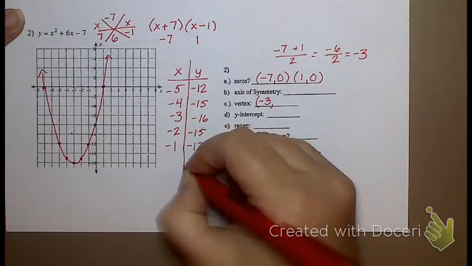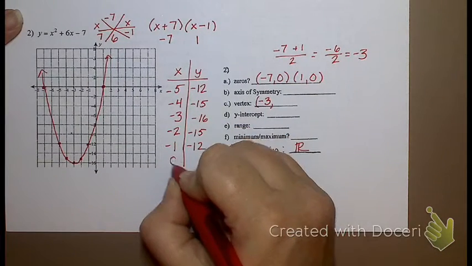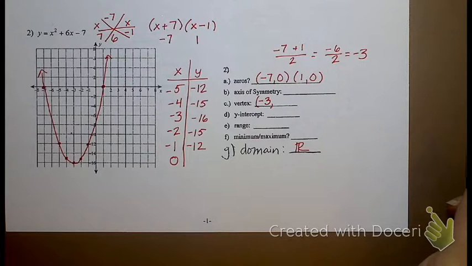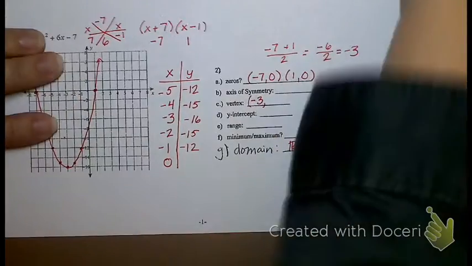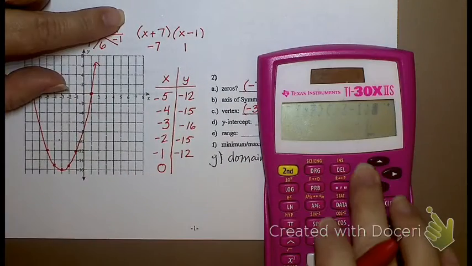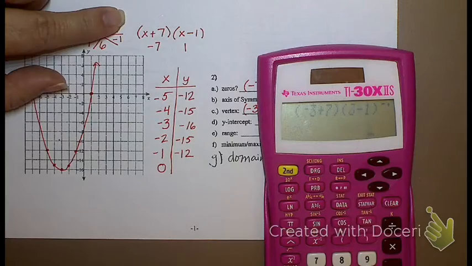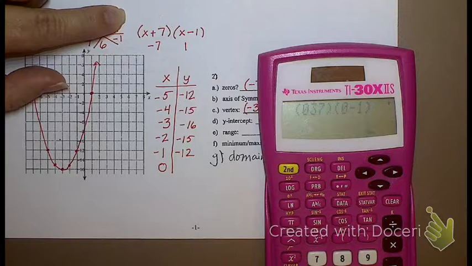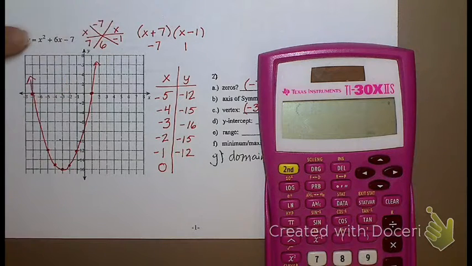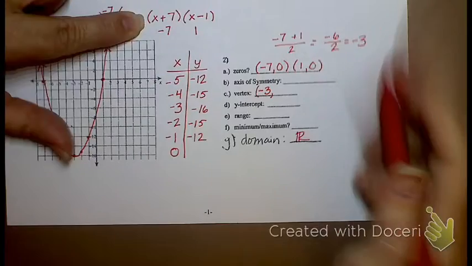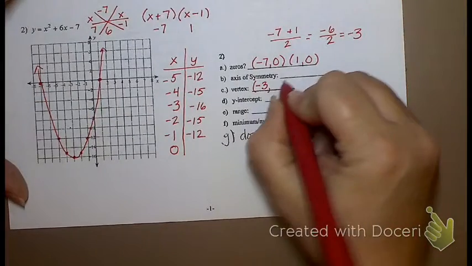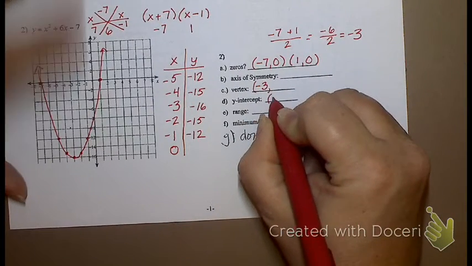On your XY chart, your Y-intercept happens when x is 0. Right? Because it's 0 left to right, and then it's some up or down. So let's just plug in 0 really quick, and I'll get that Y-intercept. 0 plus 7, 0 minus 1, and I get negative 7. Does that seem reasonable according to my graph? Yes. So my Y-intercept is the point